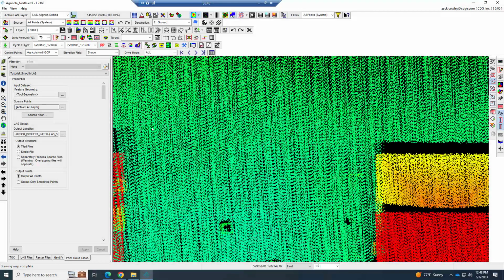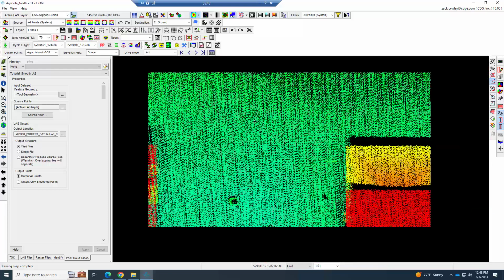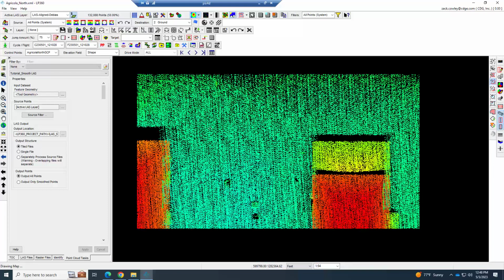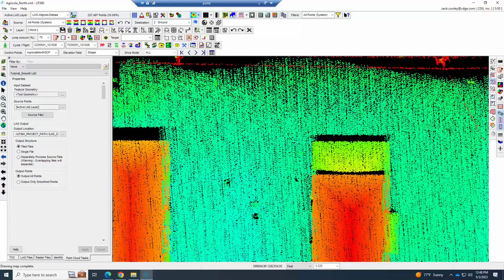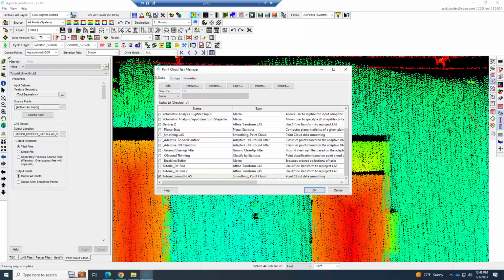Now that we've run the smoothing algorithm, let's take a look at actually quantifying how big of a change this made to the data. So we're going to do something called planar statistics, and to do that we're going to go to our point cloud tasks. You're going to hit the cloud to open the task manager, hit add,